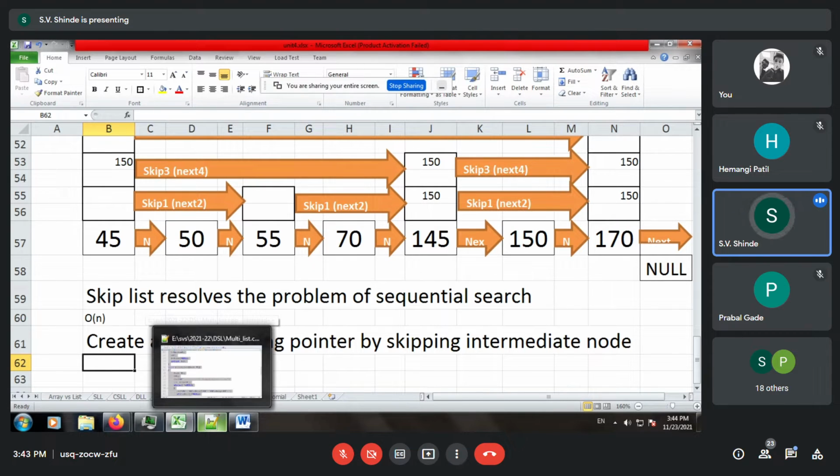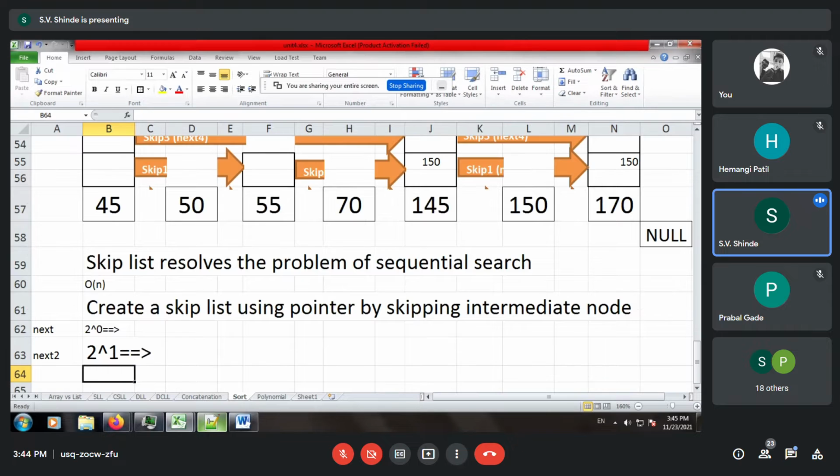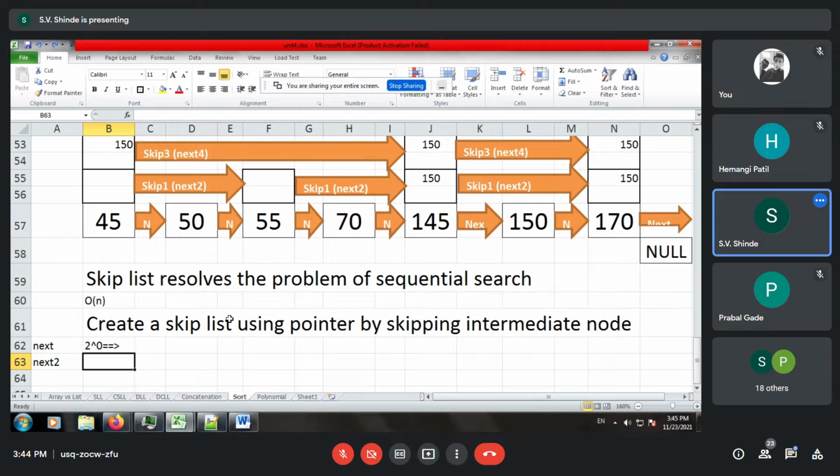Initially it is 2 raised to 0, which is nothing but 1. So we call this connection the next pointer. Then we can use the next two, where we are selecting 2 raised to 1, which is nothing but 2. So we'll be selecting the second node.